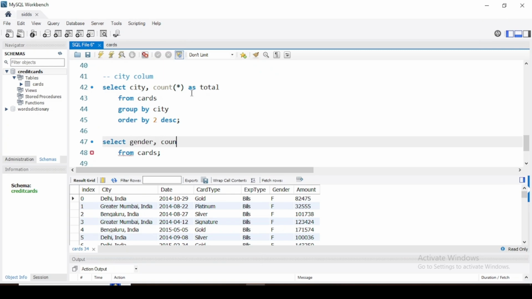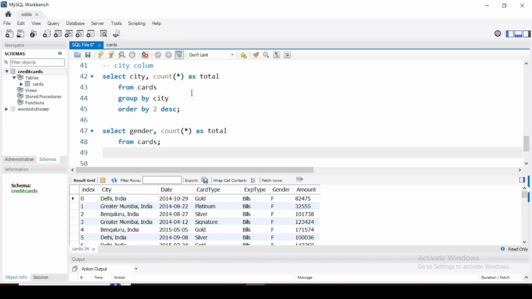And again, we are going to say count everything as total, and then group by, same logic, because we want the data to be grouped by gender. We can see that in the gender we have female and male, we have 2 values, so that's why we are grouping it